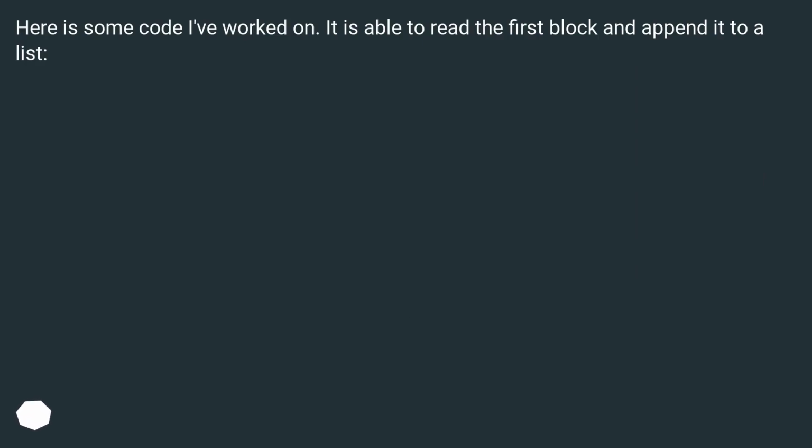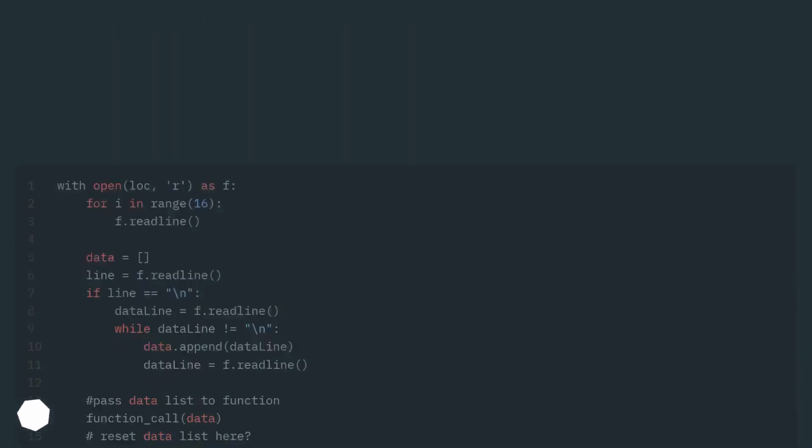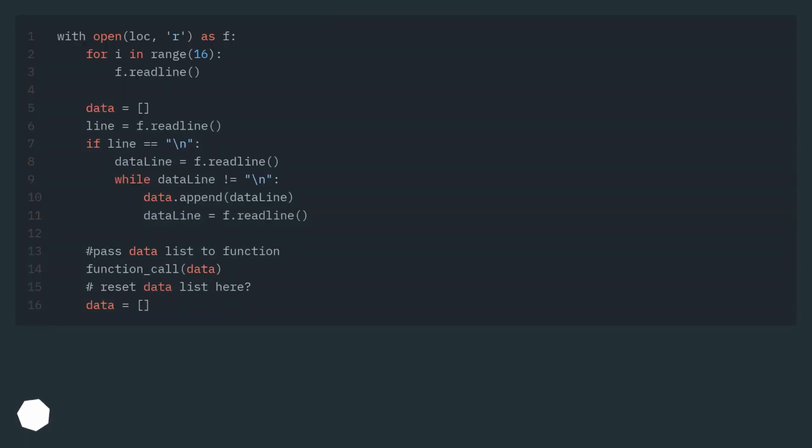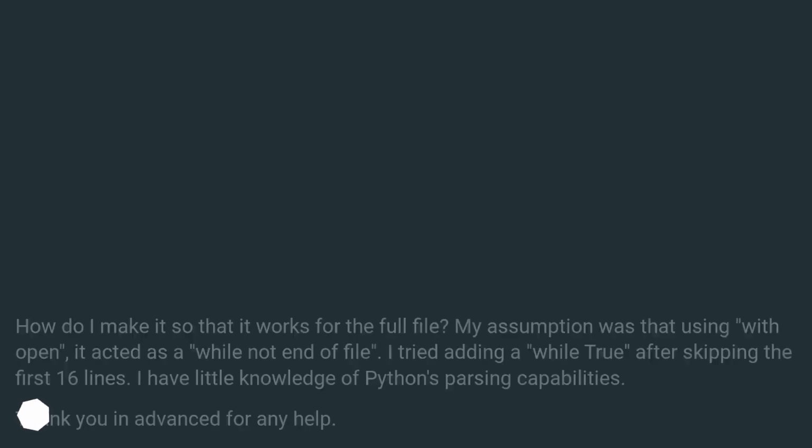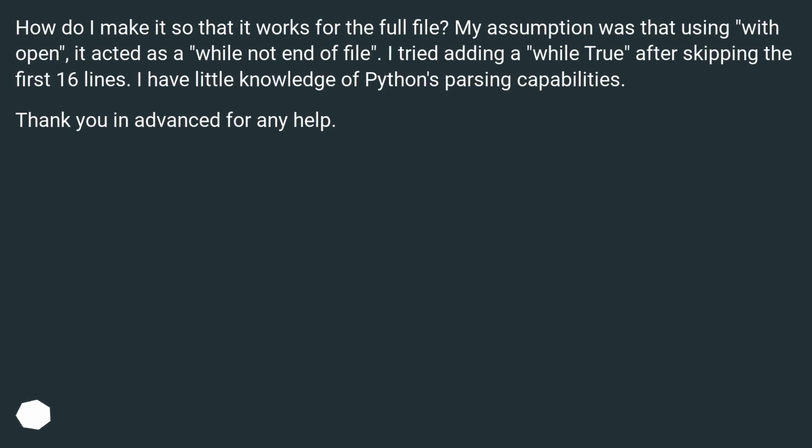It is able to read the first block and append it to a list. How do I make it so that it works for the full file?